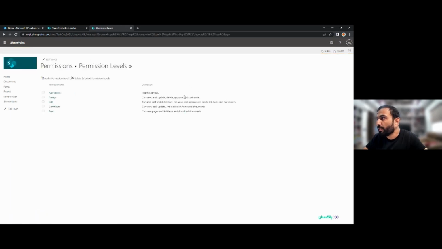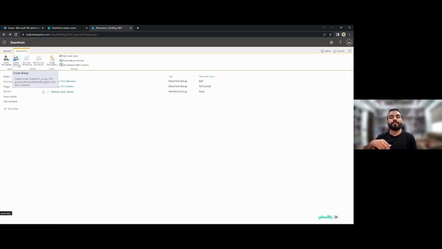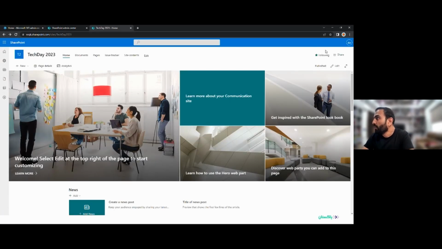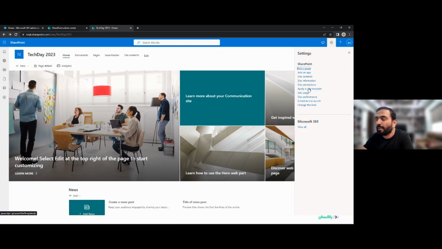You can see full control has a description, and we can create a new permission level here, and we can create a new group with separate custom permissions. For example, I will give you a scenario, and it's very common: you only want a user to modify the pages library only. Like marketing can only modify the pages, but does not have permissions to modify the rest of the content